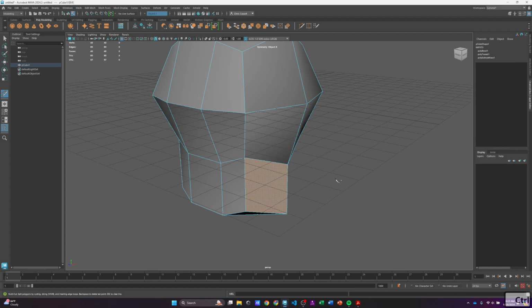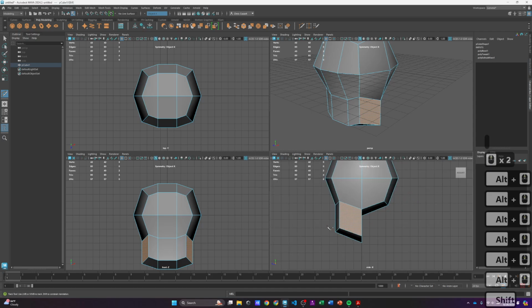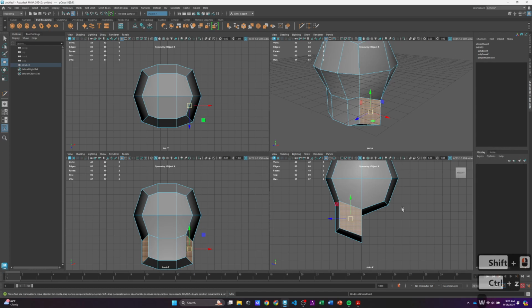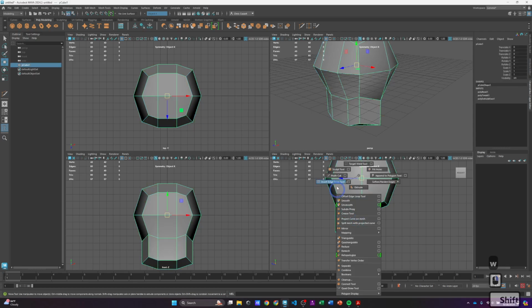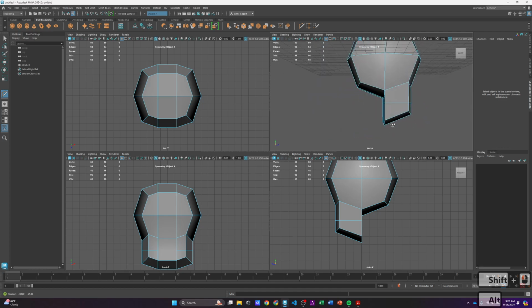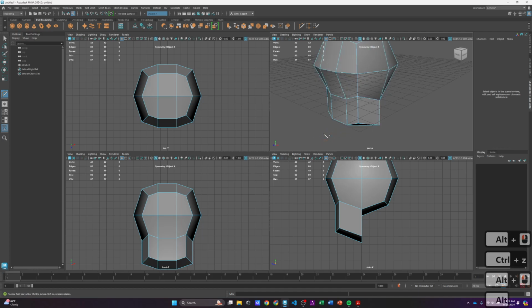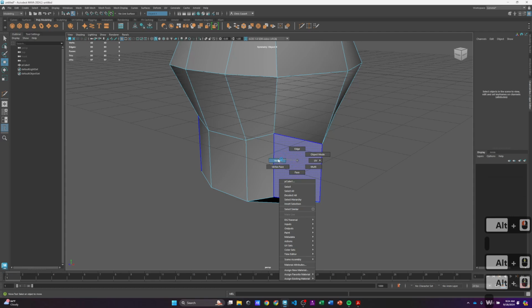Another way to approach this would be to go to the side view here and then hold down Shift and just slice through the object like this, and you'll notice that it sliced just that edge, which is not what we want. So I'm going to right click here and go to object mode, then go to multi-cut, and then I'm going to hold down Shift, slice through this way. But you'll notice that we didn't cut all of the geometry, right? So while that method is rather imperfect,